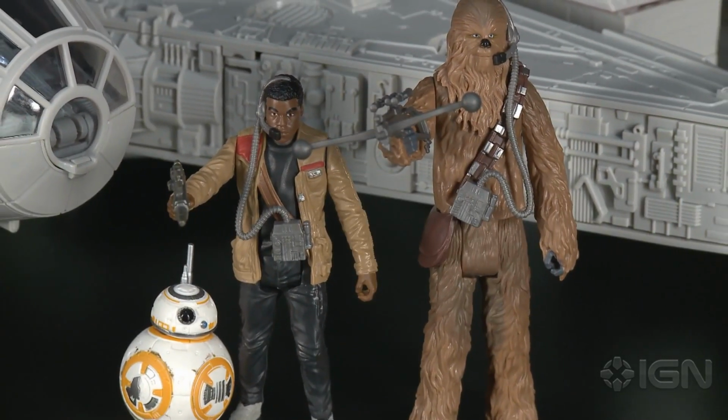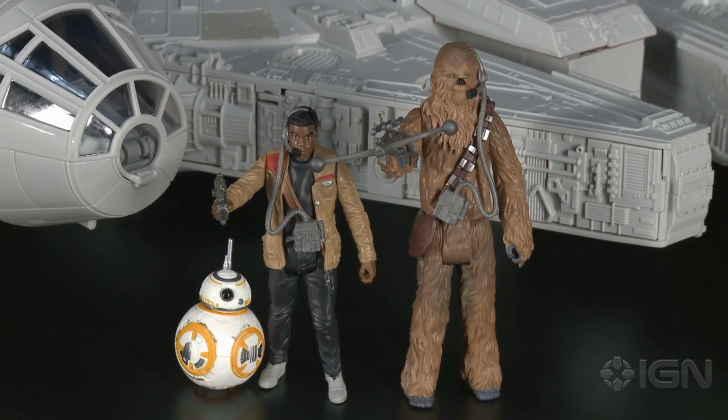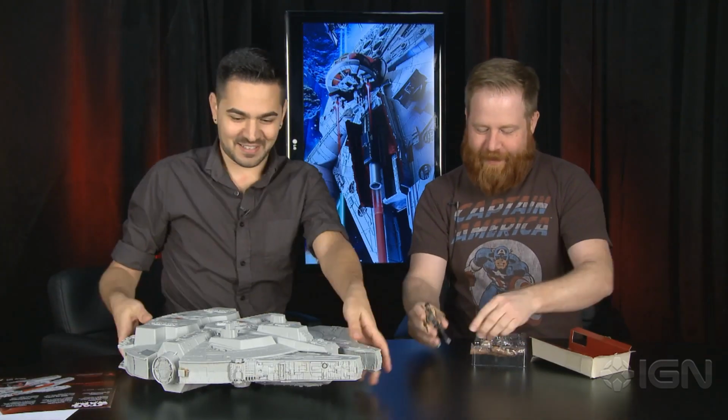All right, we got little Finn. These guys all have their headsets and so forth, and a little, I don't know what this is. It's like a tricorder, but not a tricorder. That's Star Trek. That would be blasphemous to say, Chris. It's super blasphemous. Okay, we got Finn,